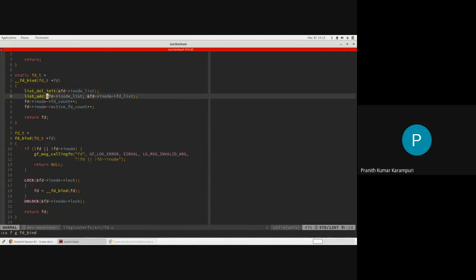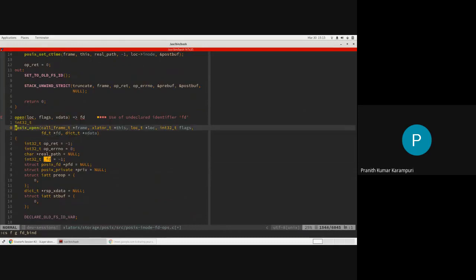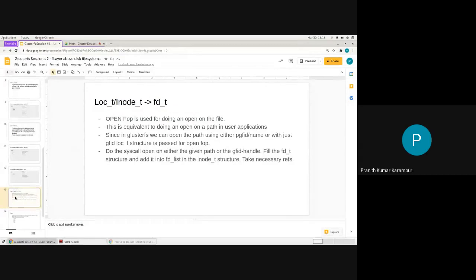So we have seen this FD count and list, right? This FD is getting added to this inode list, and the FD count gets incremented. So now you have created an FD object on which you can do operations from now on.